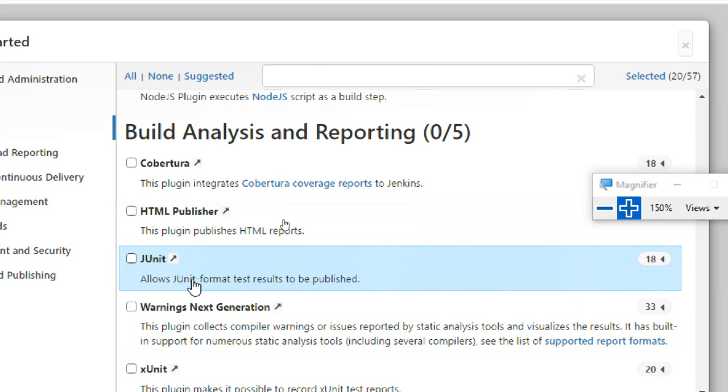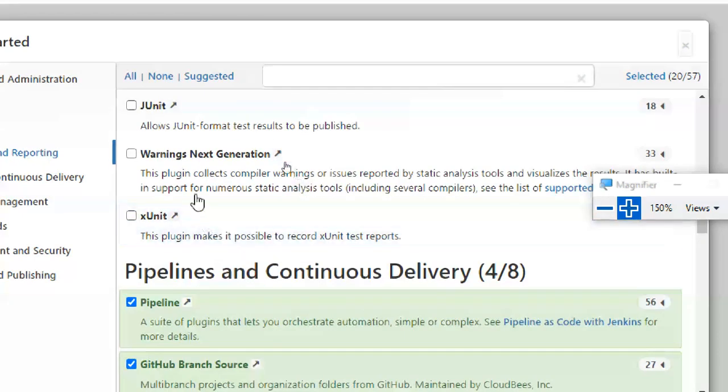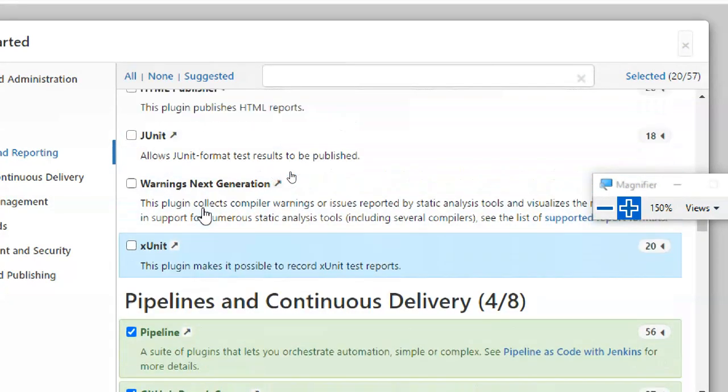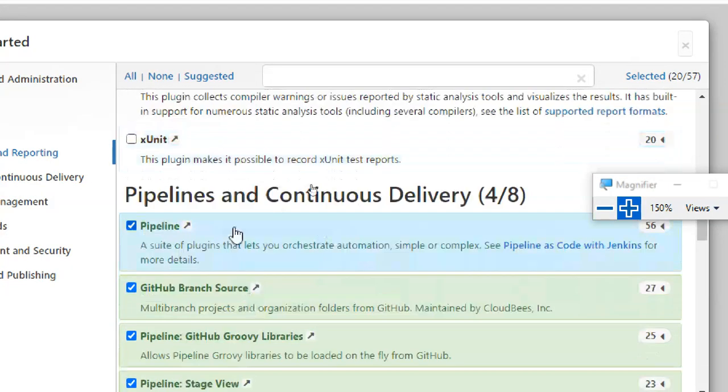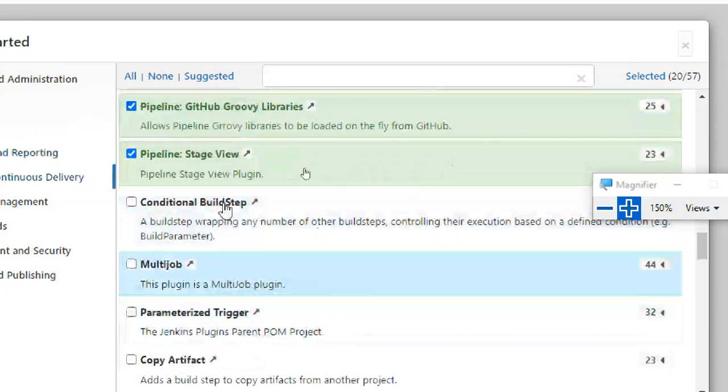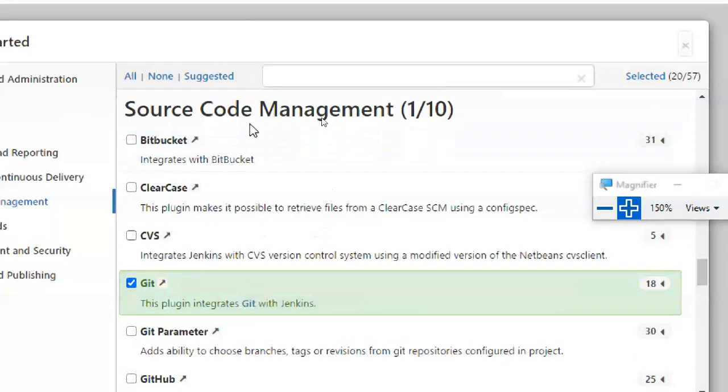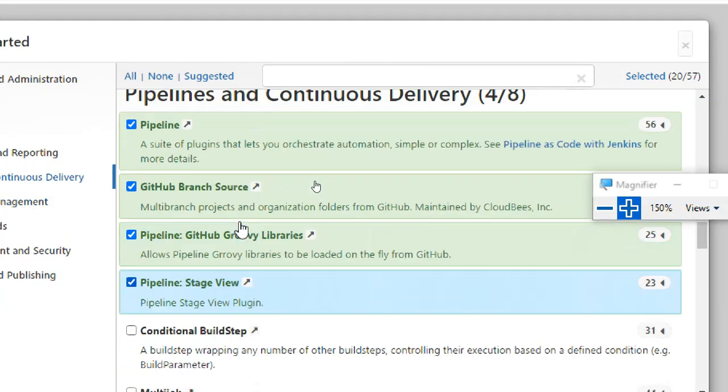XUnit, HTML publisher, pipeline. If you want everything, you can select everything; if you want a few things, go with a few.